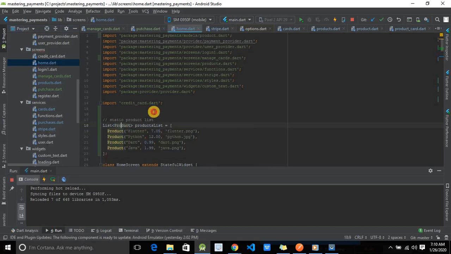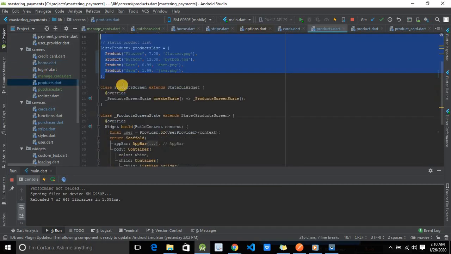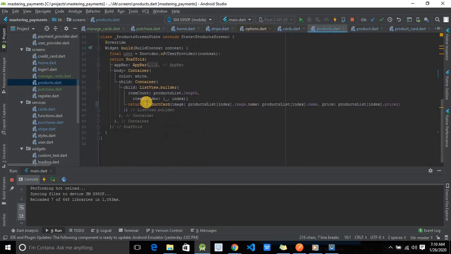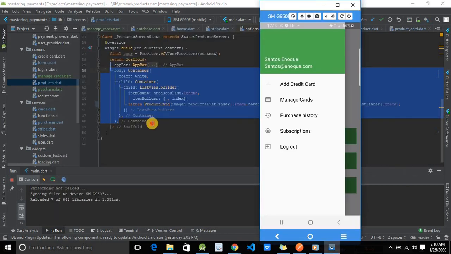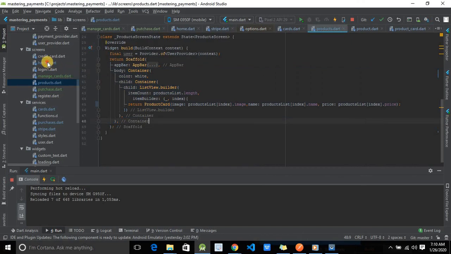Import these dependencies, and finally we will go back to products again, and we want to copy the body of this. Go back to our home page,